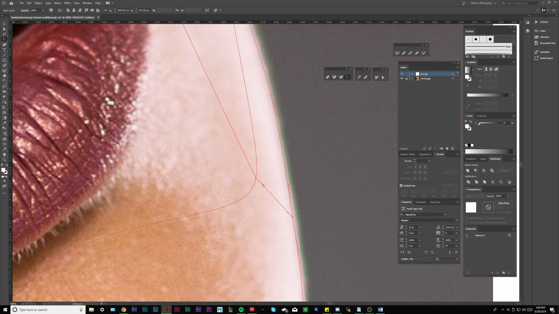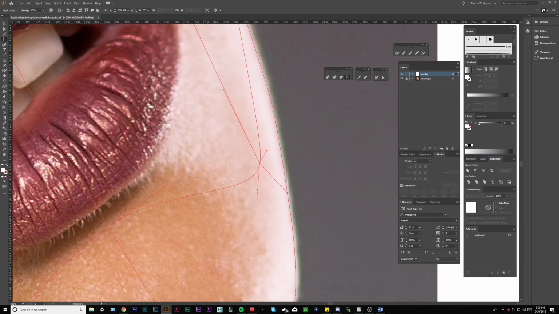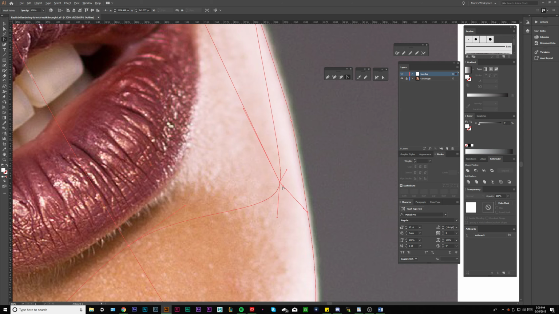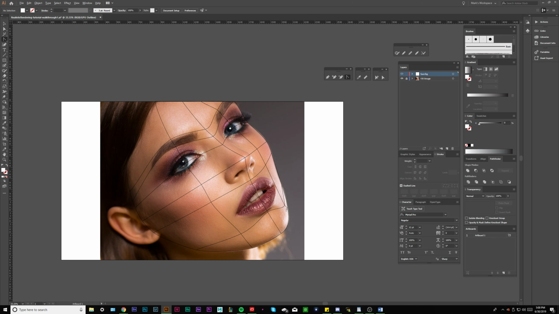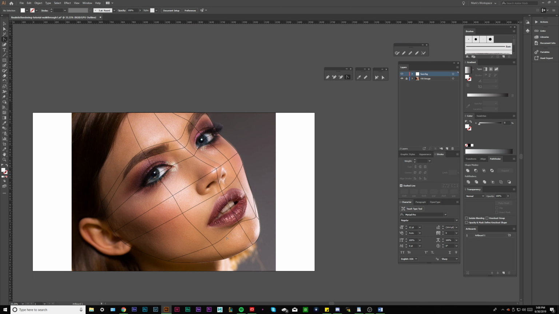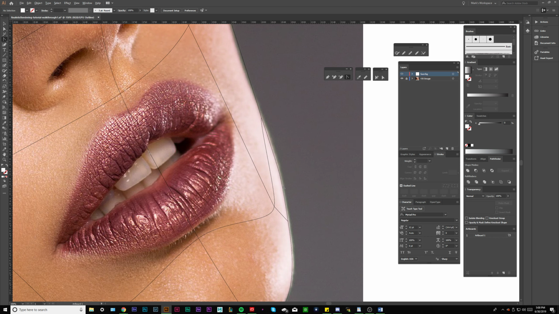Alright, so I'm going to stop the fast forward here. I'm going to just stress, don't be afraid to compress points so close to each other. These points are looking pretty close, but this is fine because we need to follow this line. As you can see, I'm following the jaw line on the face, and we need to keep that line